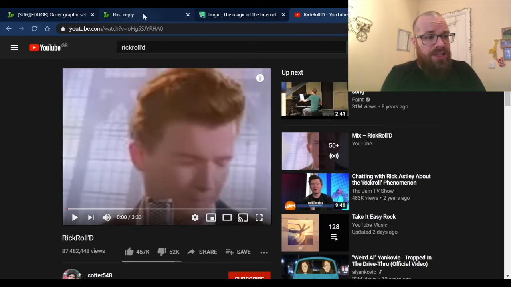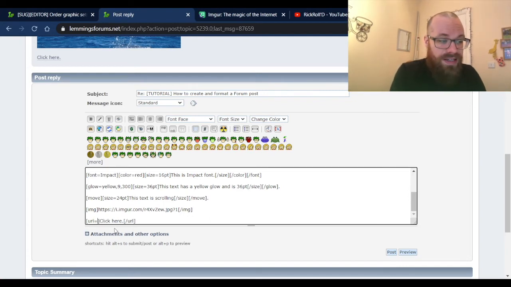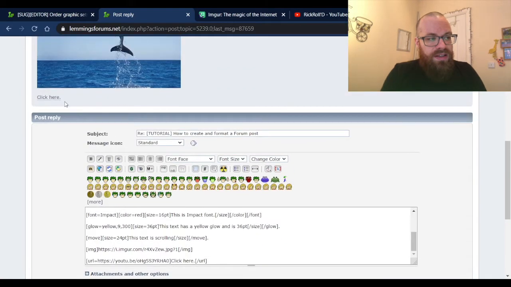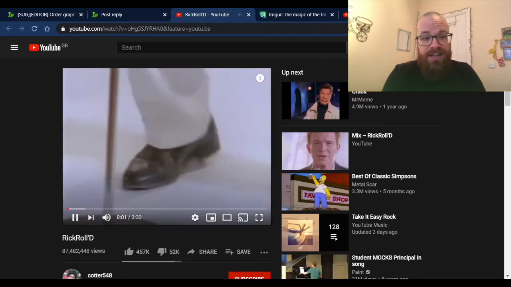as well. So we then go back to our post, and it's this part here that we want to look at, URL. We press URL equals, and then we paste the link in there. So what that does is it means that the text that will be displayed is the click here, and the link is contained within this URL equals and then end URL. So if I press preview, that click here will now link to the Rickroll